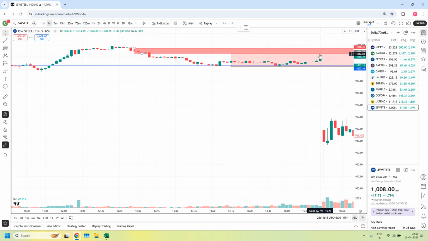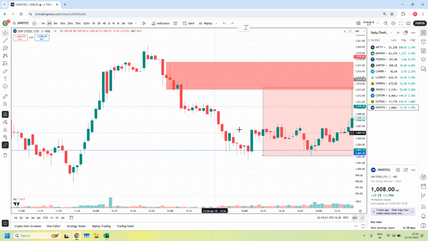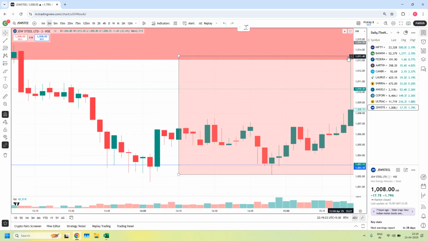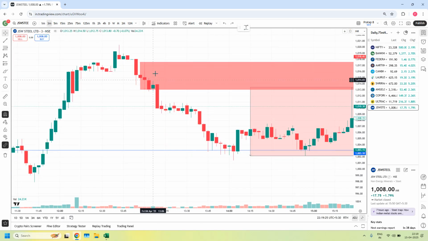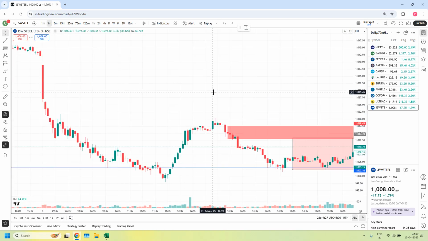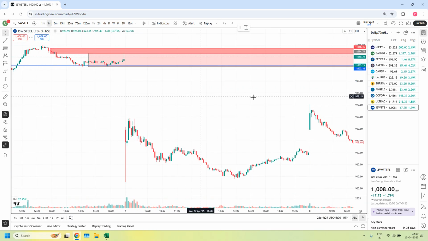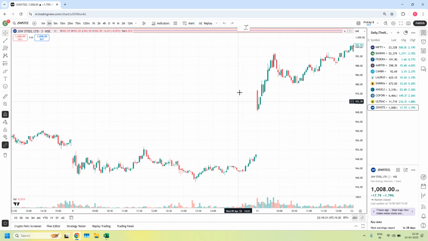See, from here it is picking the orders. It picked up the order. It picked the orders from that origin. See here how sharply. So this is the area you should plan your trade. But the problem is here, but before I tell you the problem,